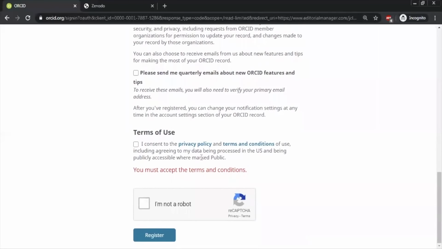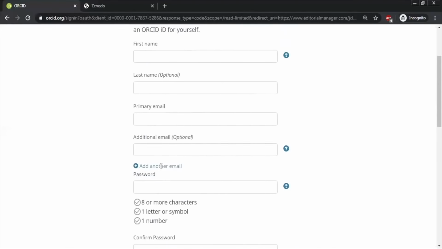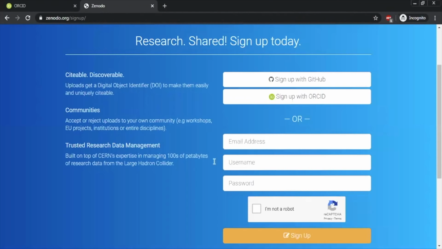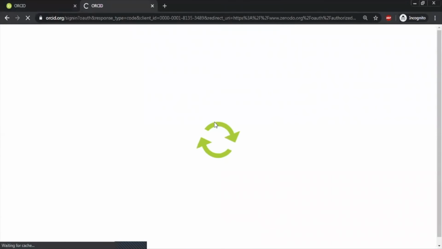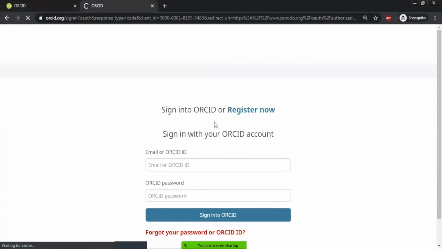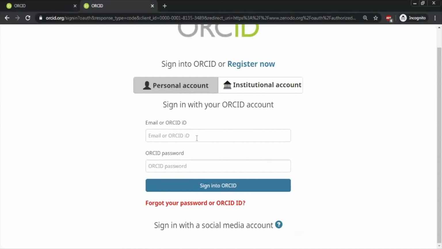So this is it. You have to just fill it up and you get an ORCID number. That ORCID number needs to be put here when you're signing up with ORCID. So if you sign up with ORCID, these are the following information that you'll have to log in with, your ORCID, and start with the work. Now I've already done this, so I'll be sharing this again. Okay, so